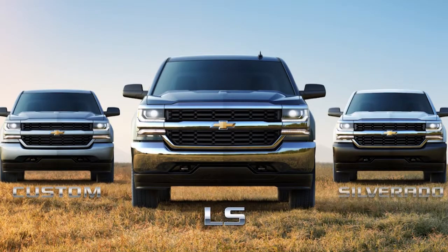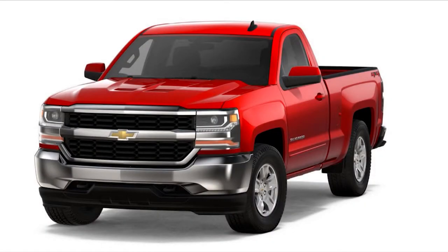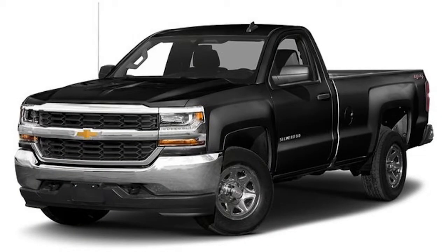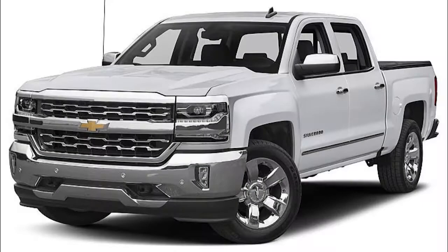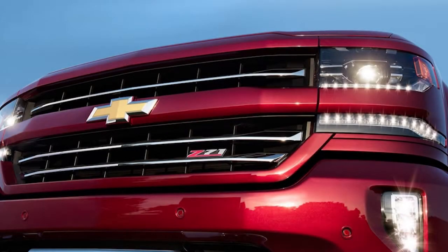The LS trim package gives you even more style and capability. It comes with chrome front and rear bumpers, a remote locking tailgate, power heated outside mirrors and windows, keyless entry, OnStar with 4G LTE Wi-Fi hotspot, and 17-inch wheels. From the LS, you can move up to the Custom. The Custom package is similar to the LS, but with more style. The Custom package comes with 20-inch chrome-clad aluminum wheels and body-color front and rear bumpers, a grille surround, headlight bezels,